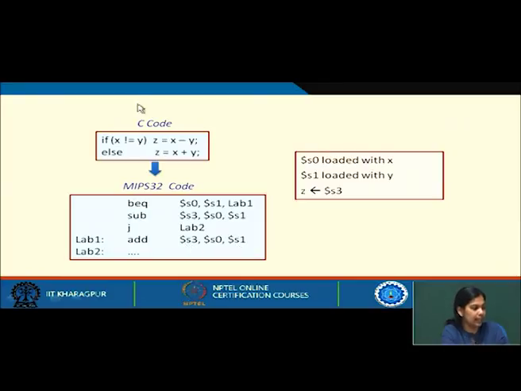And let us say if it is not equal. If it is not equal, then I have to execute x minus y. So, I am executing that. If it is equal, then I am going to the label. If it is not equal, I will execute the next statement, and in the next statement I am doing sub, where I am subtracting S0 minus S1 and storing it in S3. And then